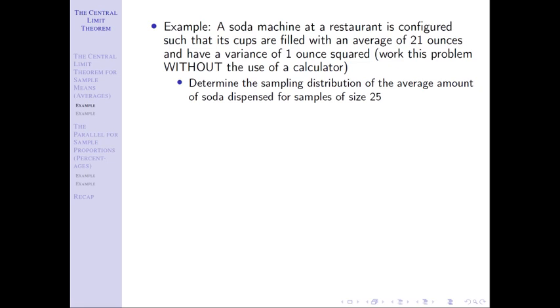We're going to check the skewness. If it's skewed, I need a bigger sample size than 30. If it's symmetric, I need less than 30. That gets me approximate normality. Good to go. And if not, I'm going to say, well, I probably don't have normality, and so I know when I go to my table or to Excel, my answer might be off a little bit. Okay, so I go back to the problem and I ask, do I have anything that tells me that these cups being filled follows a normal distribution?